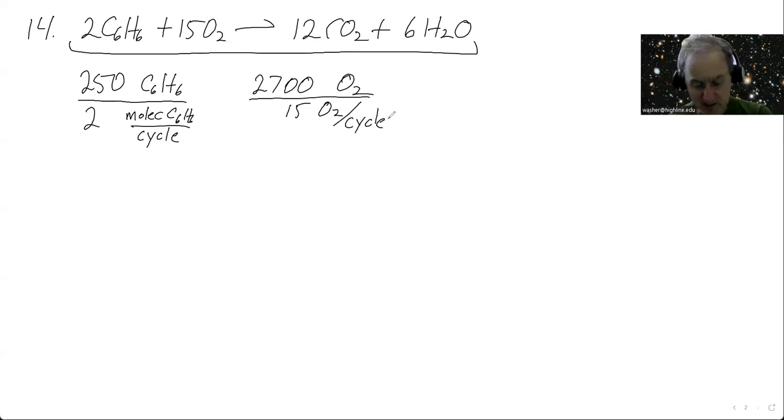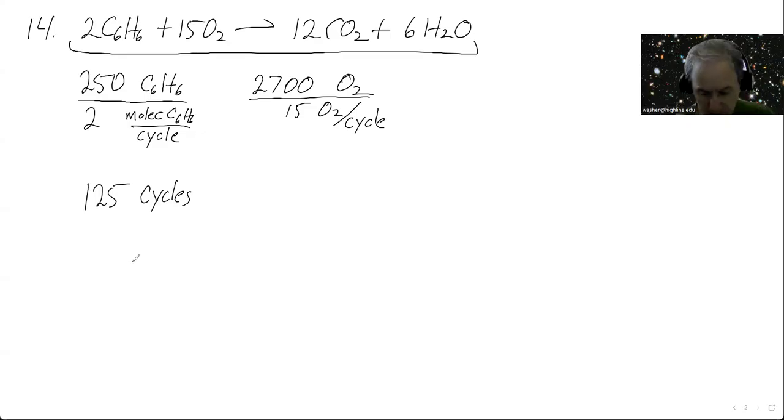When I do that division, I get 125 cycles of the reaction. So with 250 C6H6 molecules, assuming I have enough oxygen, I can run the reaction